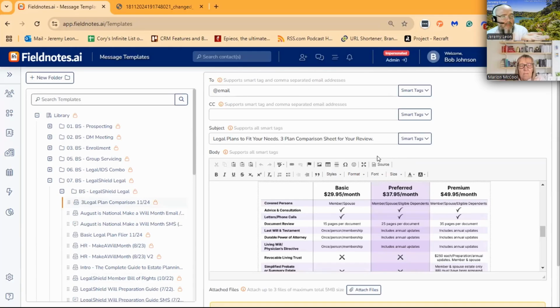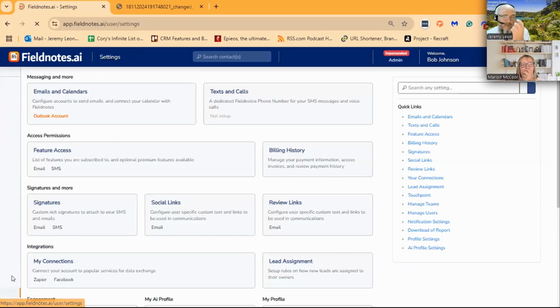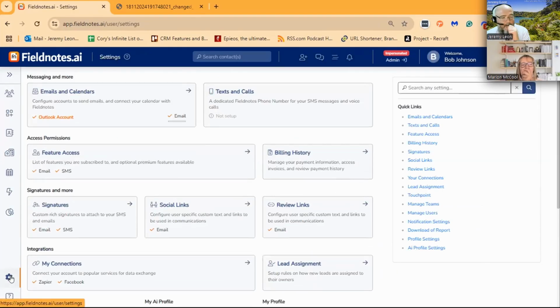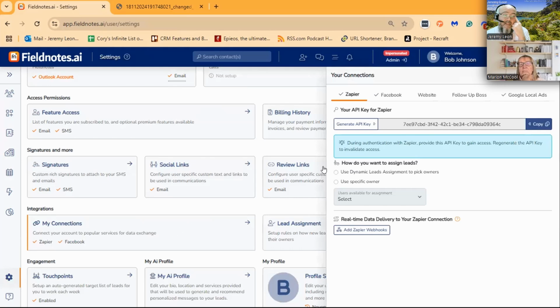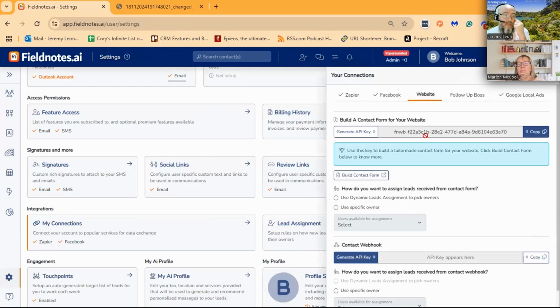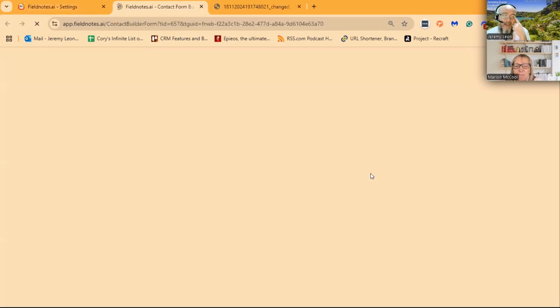But yeah, so this is what we got coming up. I did find something new. I don't know if you guys use this feature a lot, but I did see something new, and I think this was from Rick Allen. I've got so many names in my head. So this had to do with the connection side. I haven't tested this out fully, but I did catch on to it, which is building the contact form.